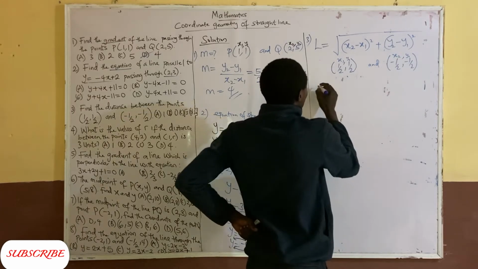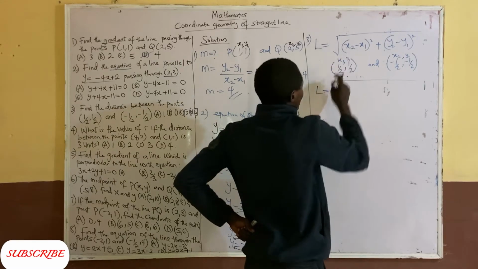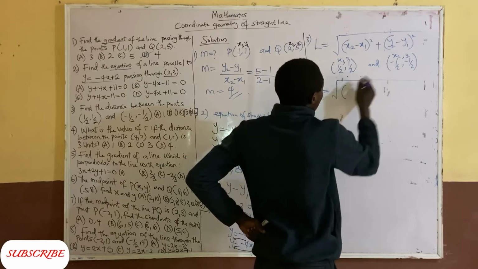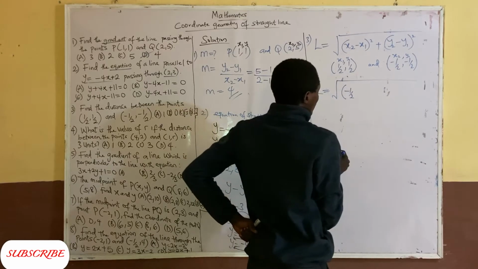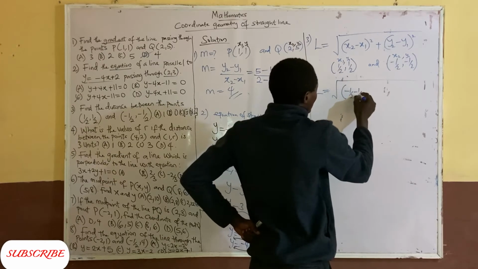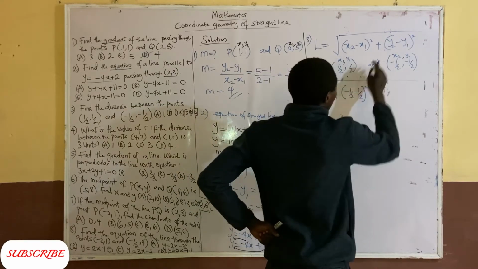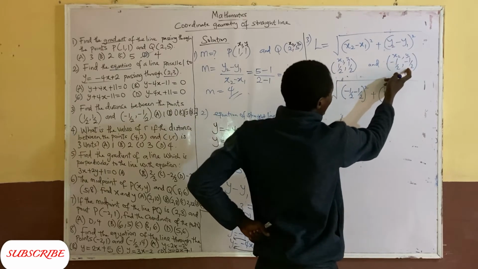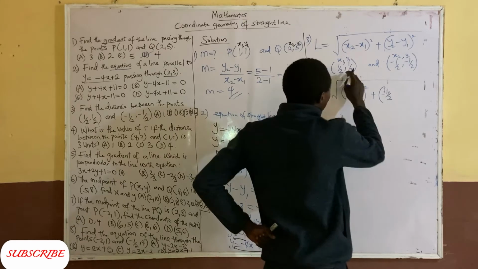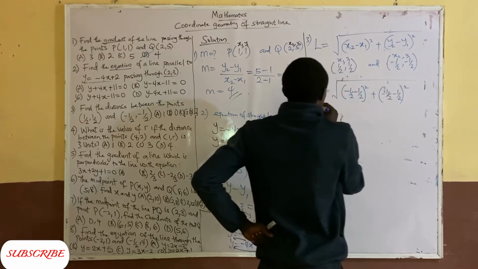Now look at this. To substitute these values, we have open bracket x2, which is minus 1 over 2, minus x1, which is 1 over 2, all squared, plus open bracket y2, which is minus 1 over 2, minus 1 over 2, all squared. So we have L equal to